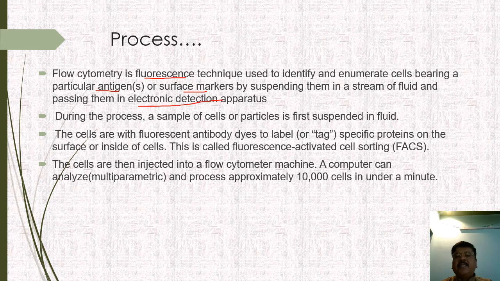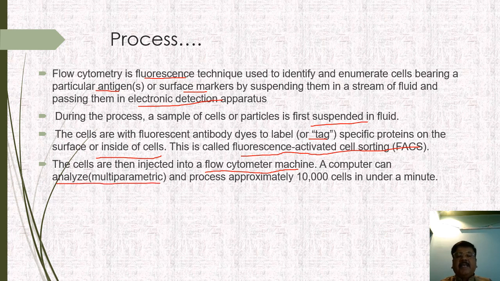During the process, the cells or particles are first suspended in a fluid and they are tagged with fluorescent activated cell sorting labels. So this is called fluorescent activated cell sorting. The fluorescent antibody dyes are used which will label or tag those particular things inside or on the surface of the cells. The cells are then injected in the flow cytometer machine, and the computer can analyze the